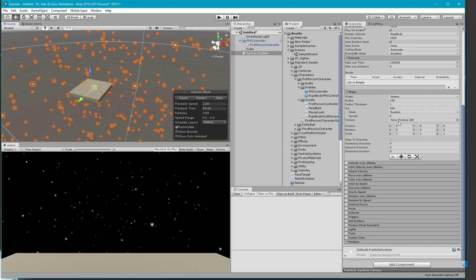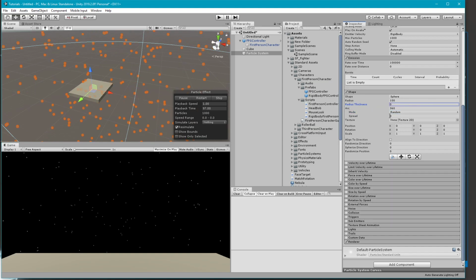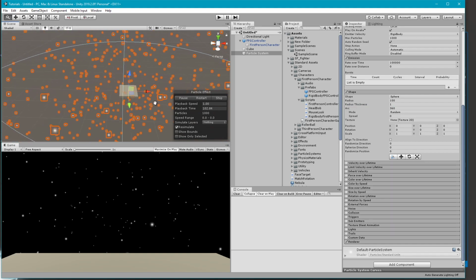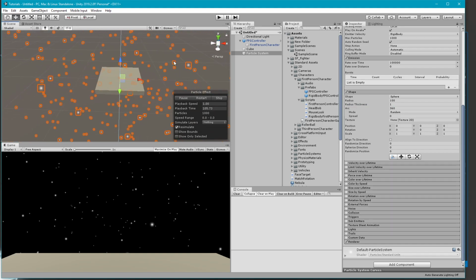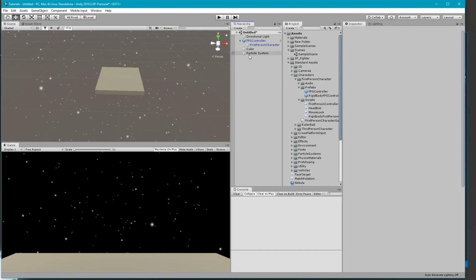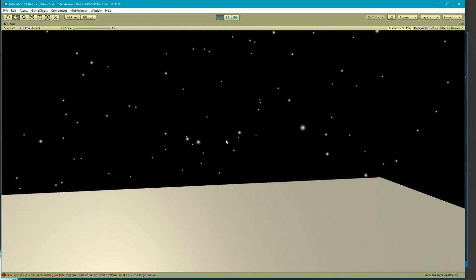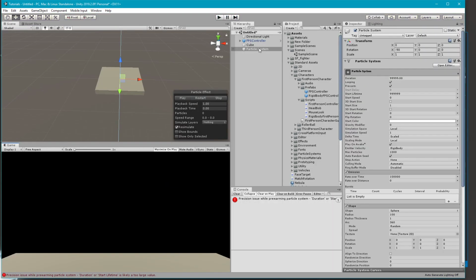There is a way to make it attached to the shell of the sphere, and what's this? Yeah, it could be the radius thickness, I'm not quite sure, but anyway, for our purposes we can just leave it like this. So now we have kind of a star field. Alright, so now we have our first-person controller and we have our star field, and it's not really a 3D skybox yet. So to get started on that,